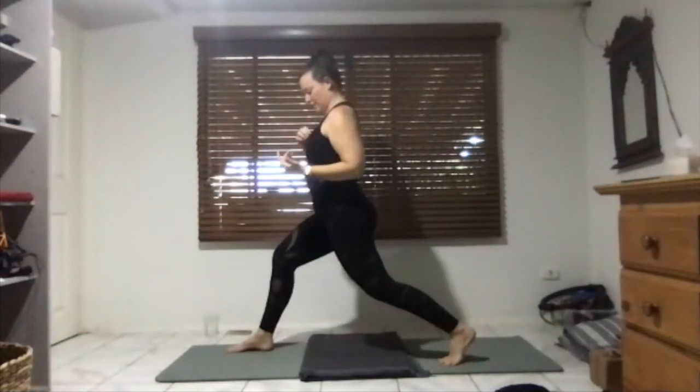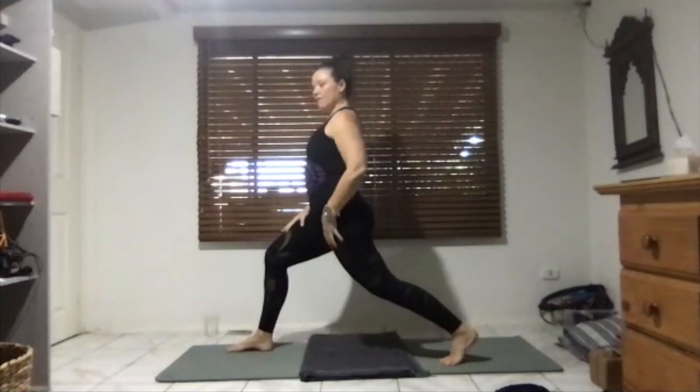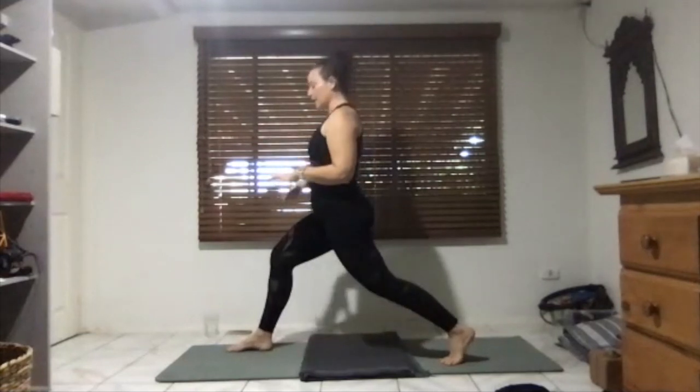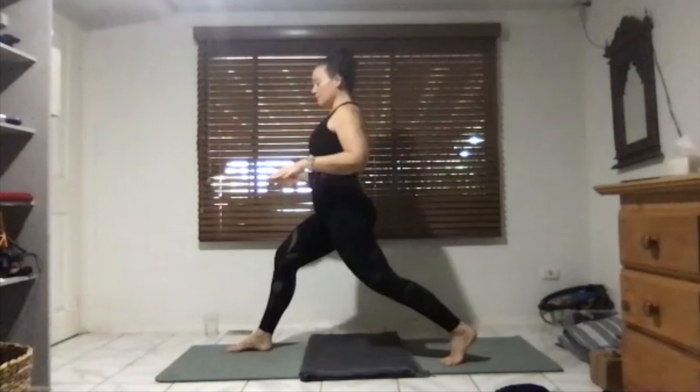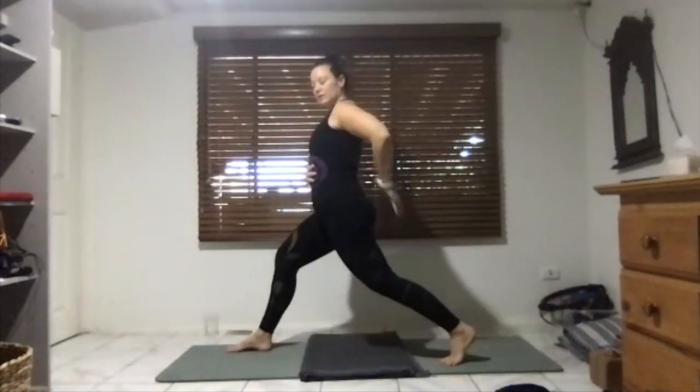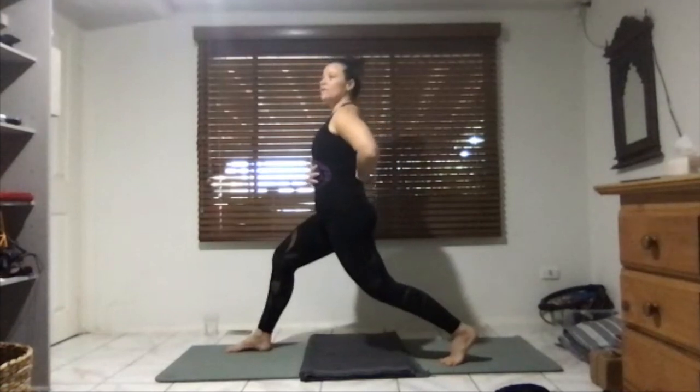You might be feeling a little tight in the front of your left thigh and hip to start with. So we start building a little bit more heat, start moving the body, getting the prana, the energy flowing around. And then bring your arms down. You're going to place one hand in front of the belly and one hand behind. So I've just got the back of my hand touching my back, just to bring awareness to feeling the breath